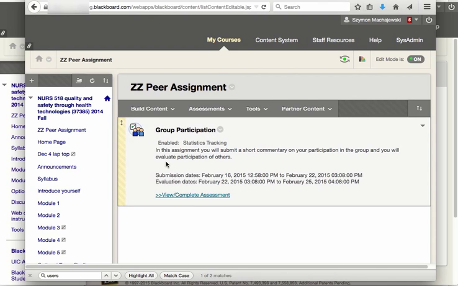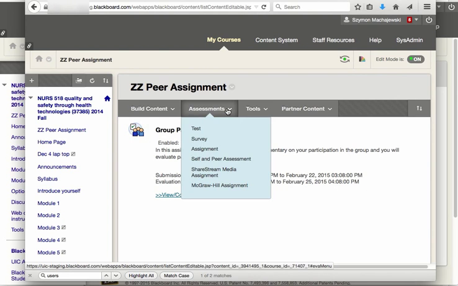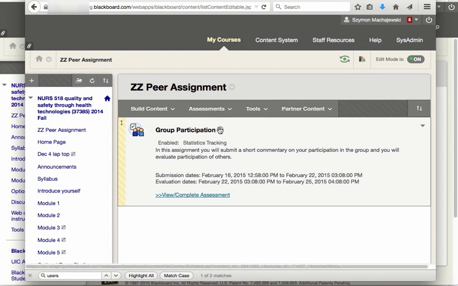The instructor created the assessment either by importing it from a zip file or by creating it from scratch. We have just a short explanation that this particular assessment will be a peer assessment of group activities. So the scenario here is that a class of about 70 students is divided into groups of 6 or 7 participants, and now at the end of the semester it is time for the participants of the team to evaluate their peers. I created an assessment here under the assessments menu, self and peer assessment,